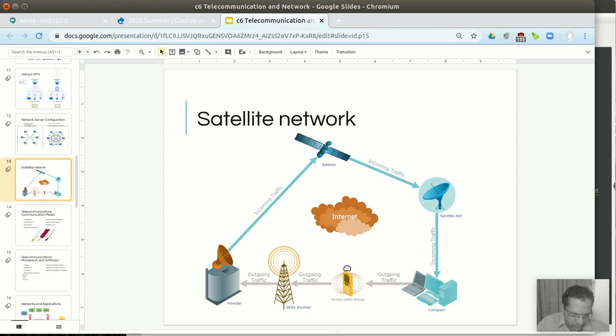If your phone uses GPRS, 2G or 3G, it goes to a BTS tower, then it can be routed through one of these satellite dishes to a satellite. This satellite sits on top of the earth and acts as a reflector. Essentially it reflects this message.